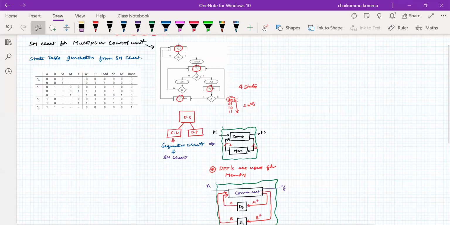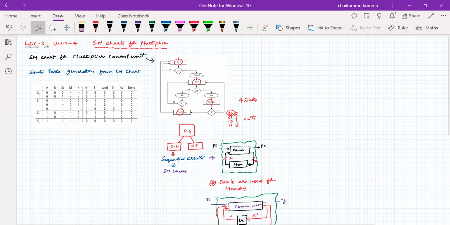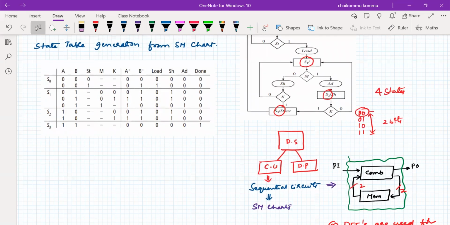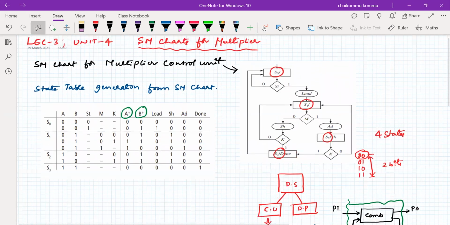So that I have done here. Okay. So normally, all the information that I have given is based on why we are using the A plus, why we are using the B plus. For that reason, I have explained those many things. Okay, fine. Now let us consider S naught state.